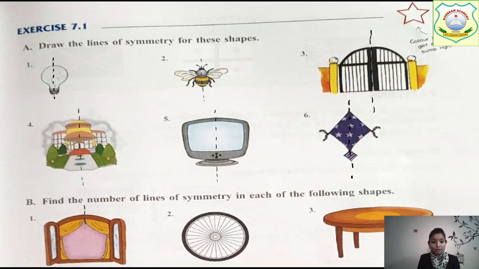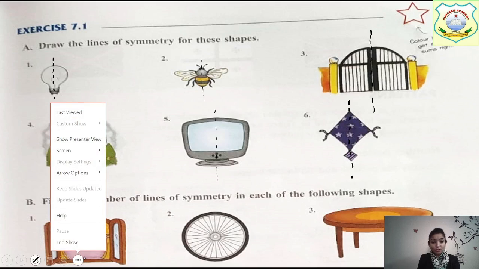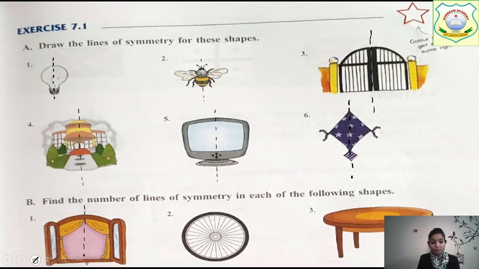Now first is the window. How many lines of symmetry are possible? Only one. If we divide it, we get only one, right? We are getting only one. Okay, so you have to write here 1. Now in this circle, as I have told you, a circle or a wheel, infinite lines of symmetry can be drawn. You can show some of them like this. You have to use scale and pencil. Just do like this. You can draw a few and you can write infinite.